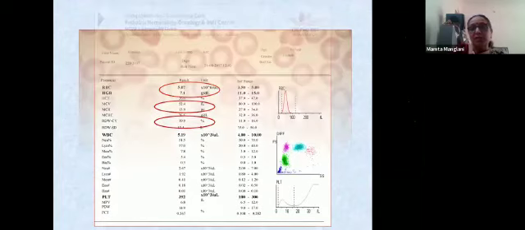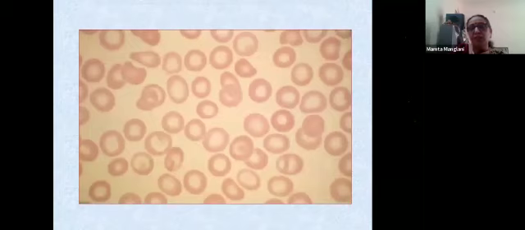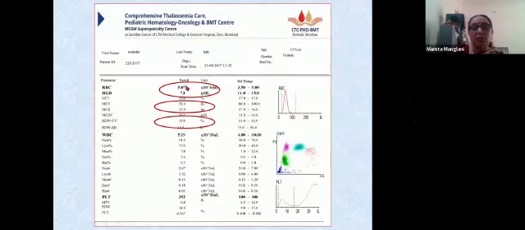So this is the smear of this child. And this shows again microcytic picture, but there are some target cells. Now this should prompt you that the RBC count is on the higher side. If you do the Mentzer index, it will come: MCV is 52. So 52 by 5 will come to less than 13, and that will suggest that this is thalassemia trait. So keep in mind these pointers and look at it accordingly.